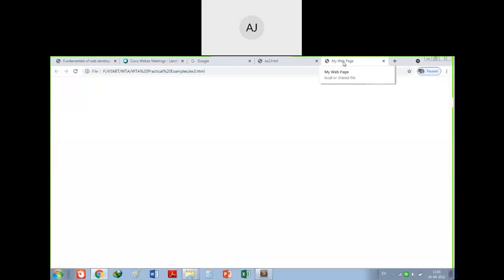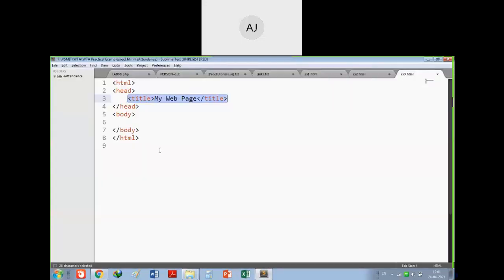They are client side programs. See here, the tab name is my web page, because I have mentioned it within this title section. And where is this title? Title will be in the head section. If you want to include some extra files, then you can use a link file, for the CSS files. Link is one of the tags.